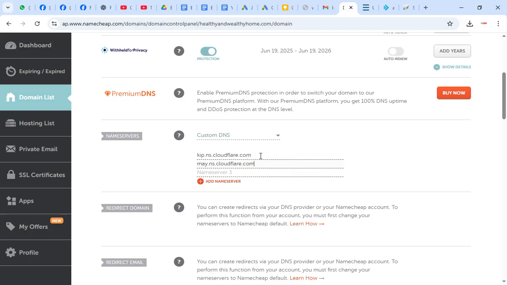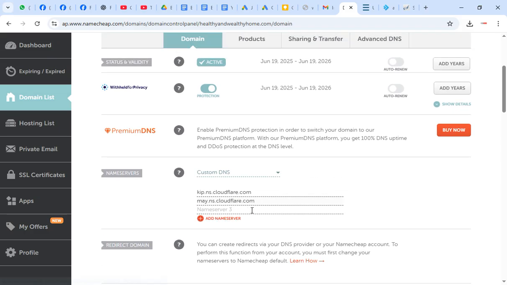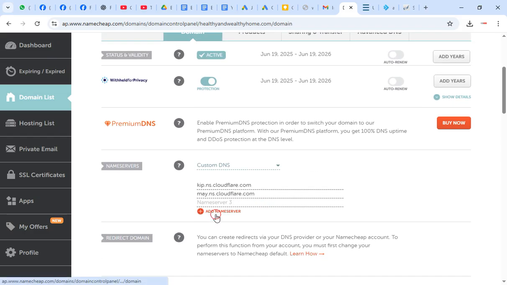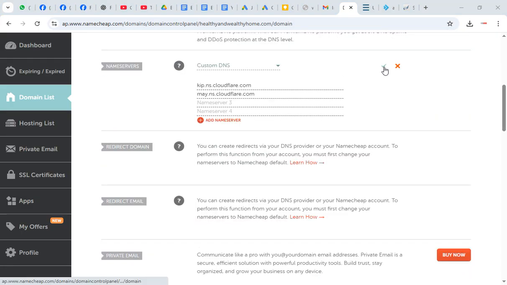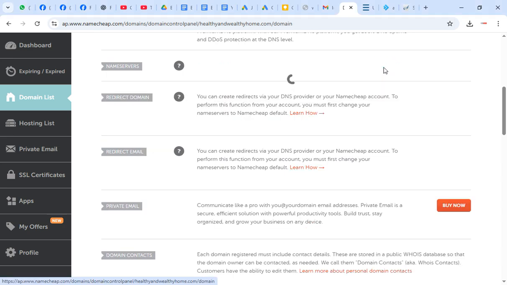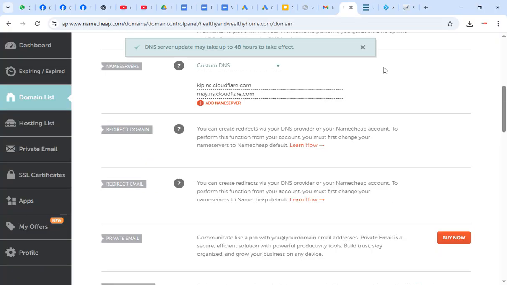When you are done, you tick this icon here to save the DNS information, and boom,